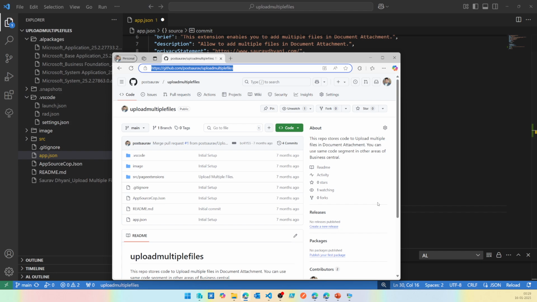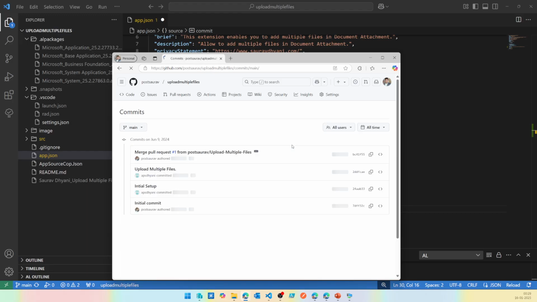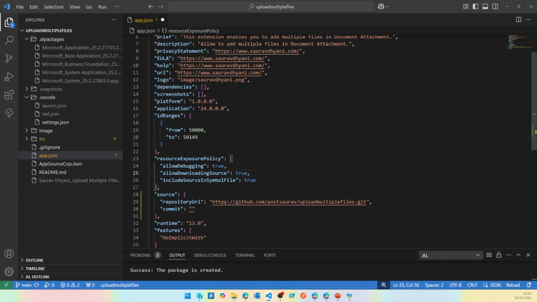Now for the commit ID, you can always check the commit ID here, or you can see how many commits I have done on this, which shows you different commits. Now if I have to copy this commit, I should be able to copy this commit from here, which then copies that in my clipboard, which I can then paste it here. Having said these,